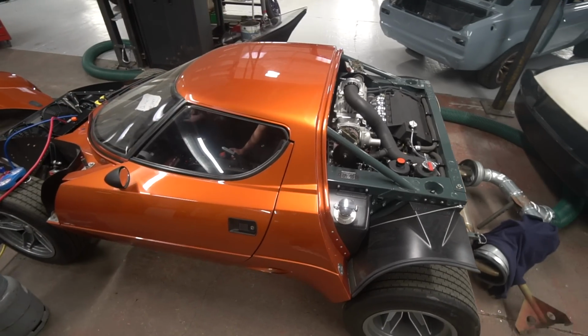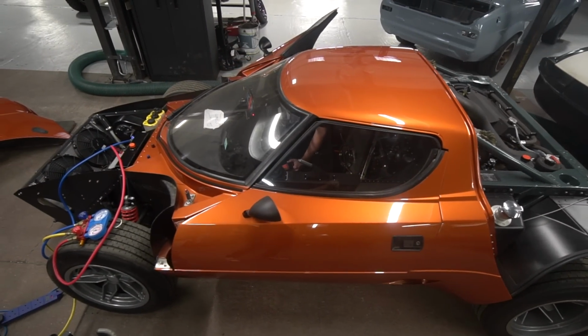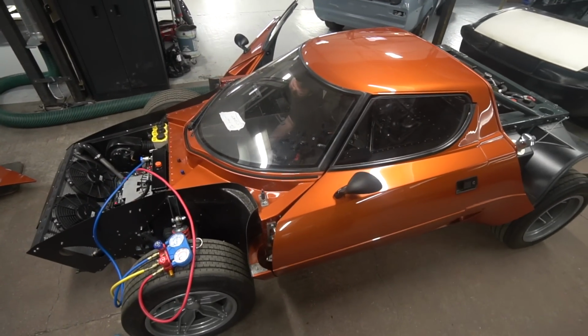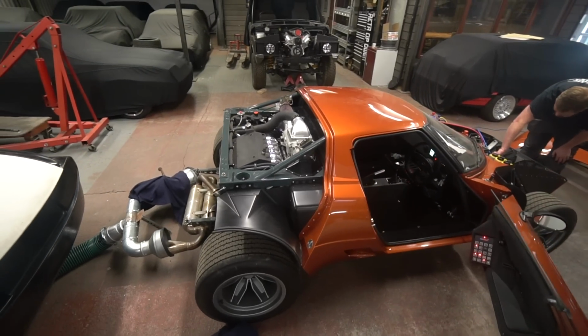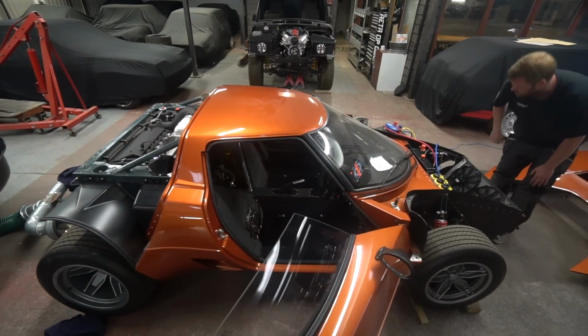So the rear bulkhead panel I wanted to leave out until we were definitely sure it was leak free around the compressor. So that's now gone back in. The trim panel that goes over that, the machined shoulder harness bezels that we had back from anodizing a while ago, can now go in. And then in tandem with that, the guys have had the